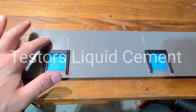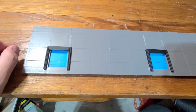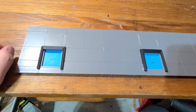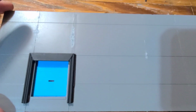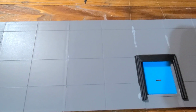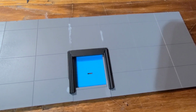This was caused by using Tamiya model kit glue. It basically is too flowy. It leaked too much through, and it ate away at the plastic, so it damaged these sections. Kind of devastated at first, a little bit upset, but I actually decided the best way to fix this